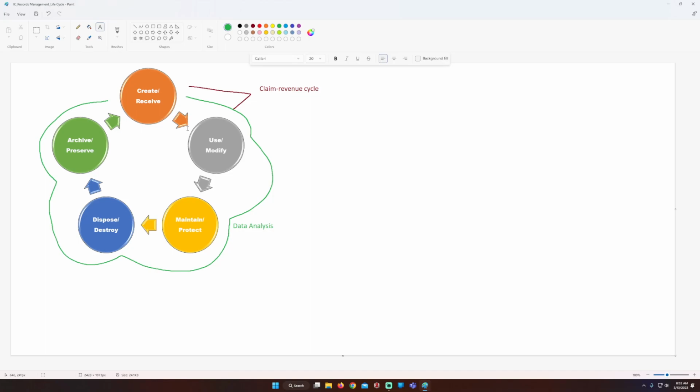So on the back end of things, where we haven't talked all that much of this cycle yet, we have our 3 steps that I like to think of as the most important part of how we actually use data. And that's essentially how we handle it, right? You have to maintain it, you have to protect it. Once it passes out of its cycle duration, meaning